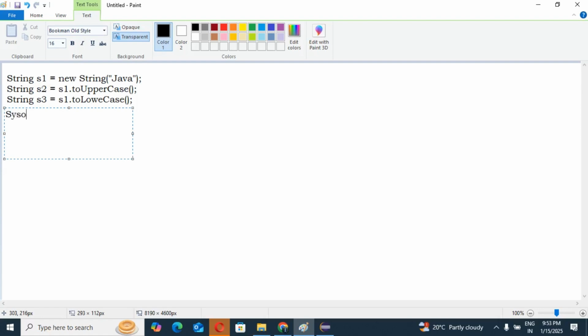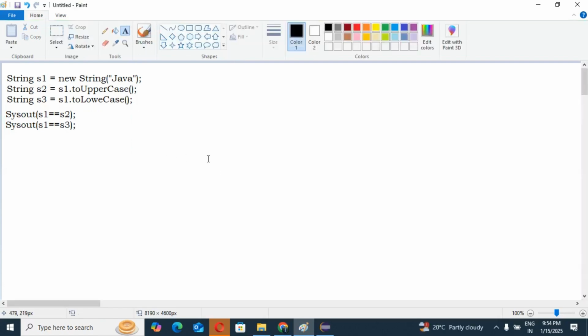What should be the output in both cases? That is our main motto to understand. So first I will explain how and where these objects are going to be created.